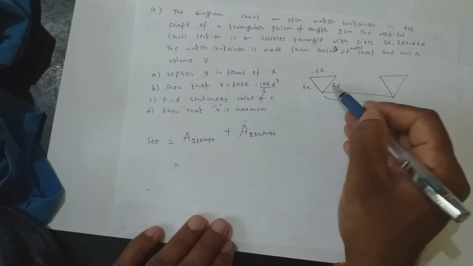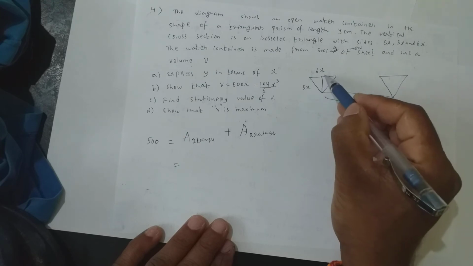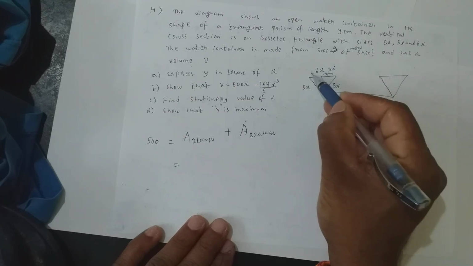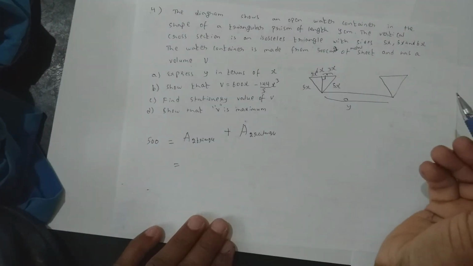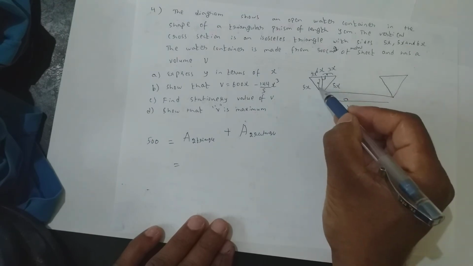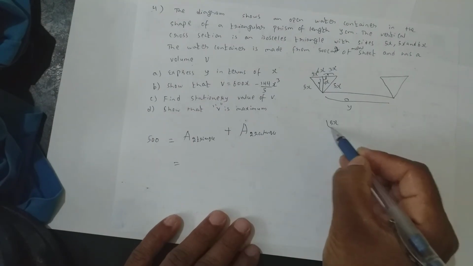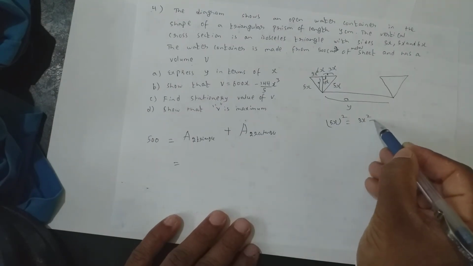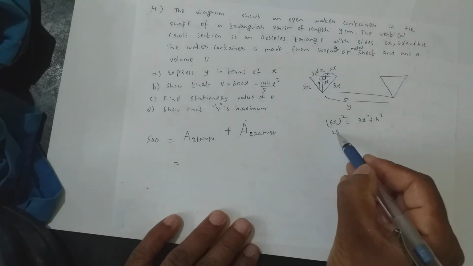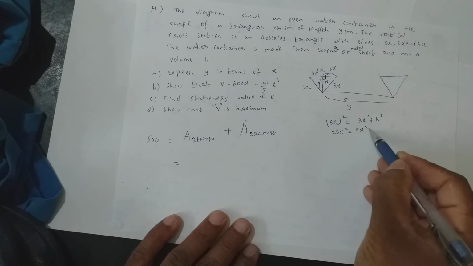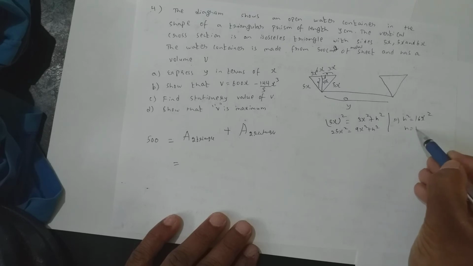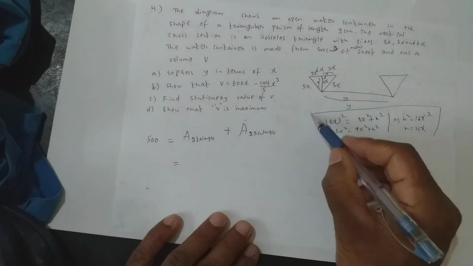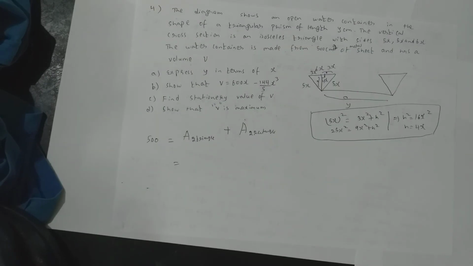You can see 5x, 5x, to get the area of it I am dividing it. So how much will this become? 3x and 3x, since it's an isosceles triangle. So here it's 90 degrees. If this is 3x and this is 5x, I get this to be 4x by the Pythagoras theorem. Shall I show? Okay. 5x whole square equals 3x square plus h square. So this is 25x square equals 9x square plus h square. That implies h square equals 16x square, h equals 4x. So the height of that isosceles triangle is 4x.